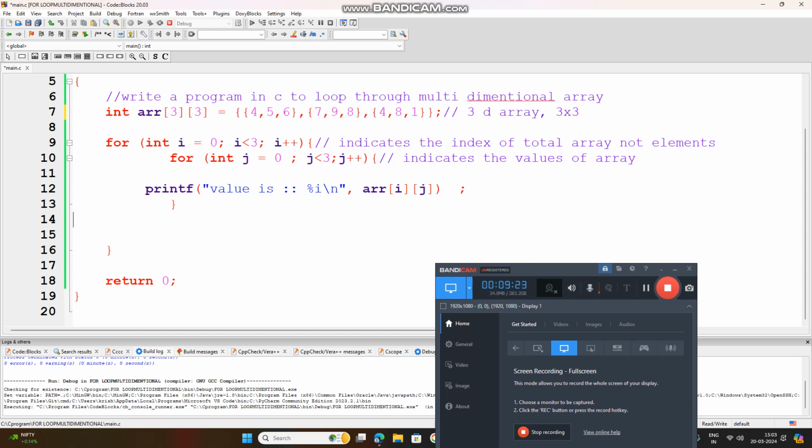As I told you, 3 by 3 means 3 rows, one row, second row, third row, with 3 columns. So every row should have 3 columns. If you increase the columns, it will give an error. Understood that? Every row must have 3 columns, 3 values. If you add one more column here, like 4 8 comma 1, it will give an error. This is the way to